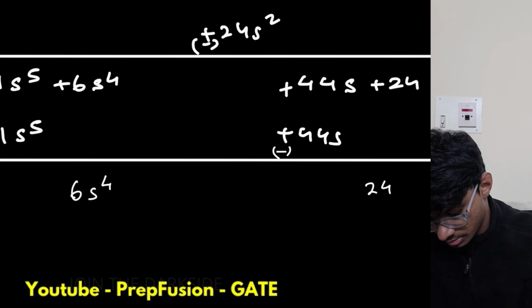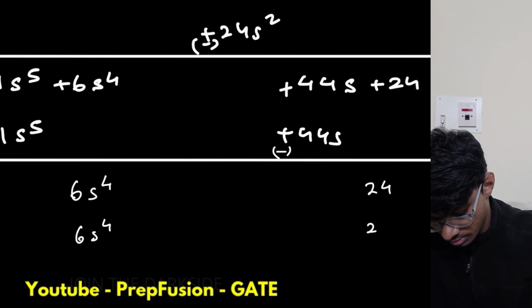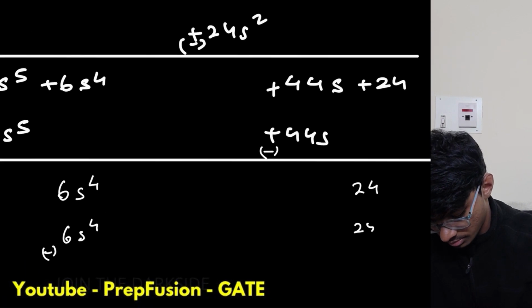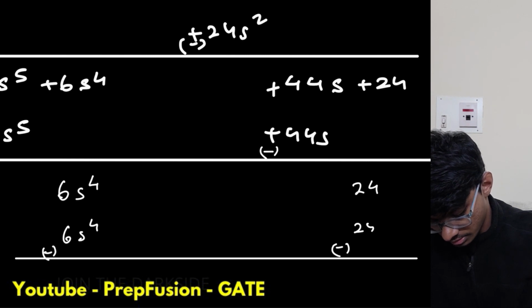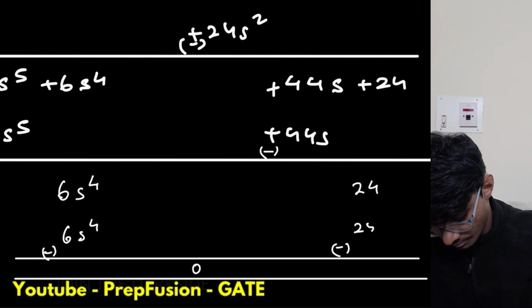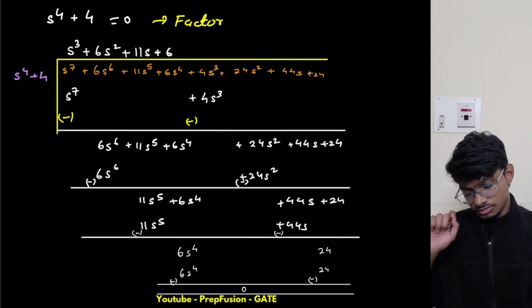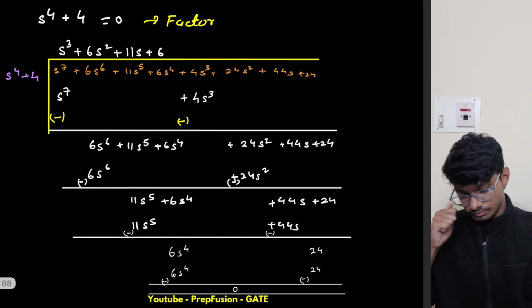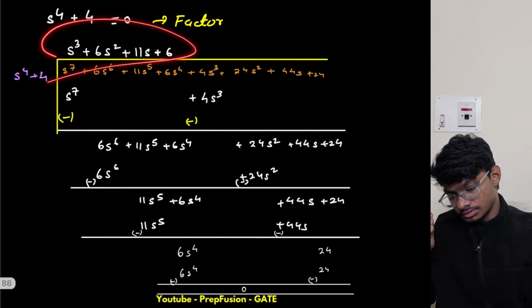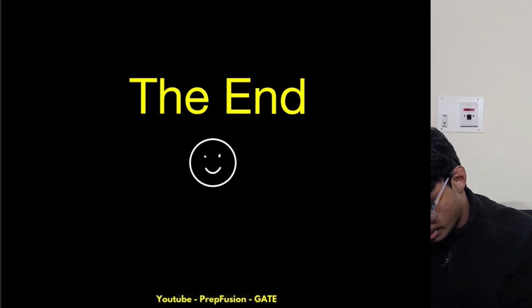I get 6s to the power 4 and 24, minus minus. So what do I get? 0, right? My remainder is 0 basically. Okay, remainder is 0. So my remainder is 0. Okay, so if my remainder is 0, this is my factor basically. So my factor is,